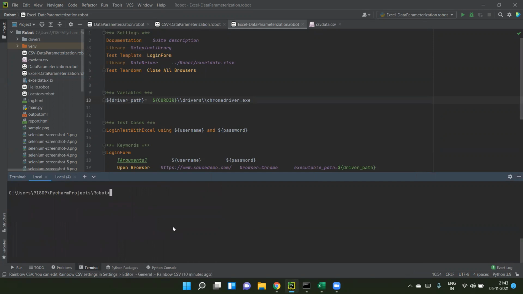terminal here. Same. Excel data parameterization.robot file, enter.